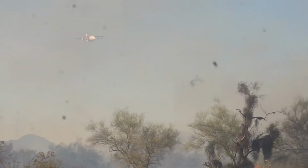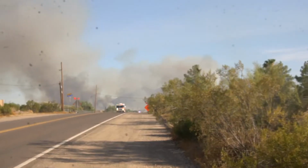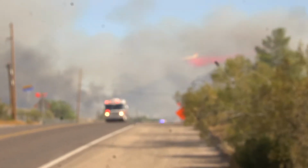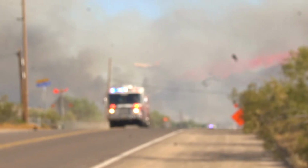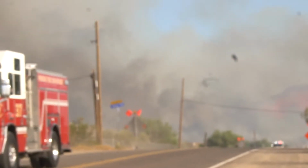This past Tuesday, June 23rd, a brush fire broke out in Desert Hills next to Anthem, which grew to 1,000 acres and destroyed one home. It probably would have burned a lot more homes if it weren't for the swift action of the Forest Service and their aerial tankers of all sizes that came in and attacked the